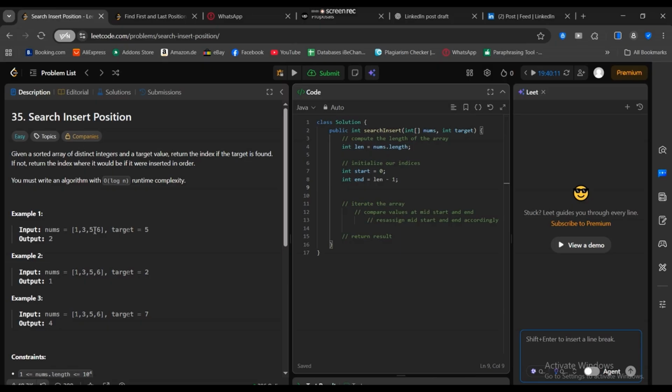Not sure. That's not the midpoint of the 2. Yeah, so we have int mid